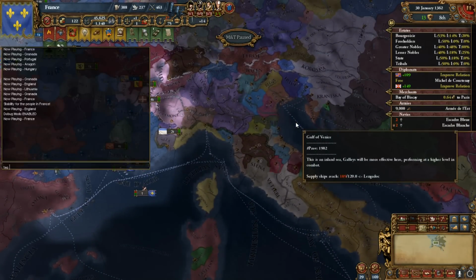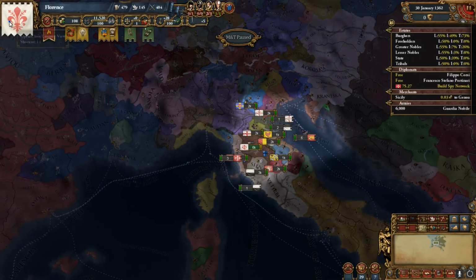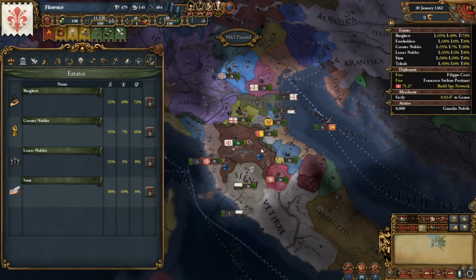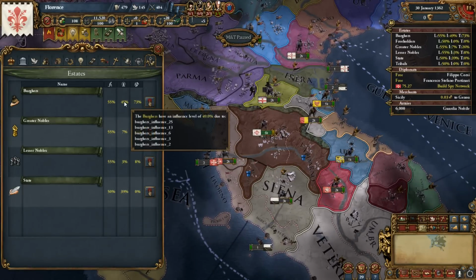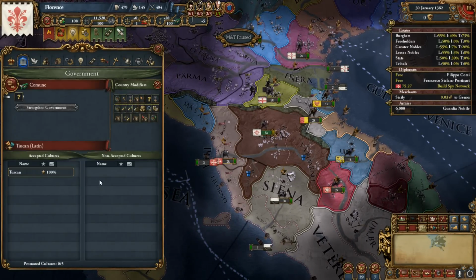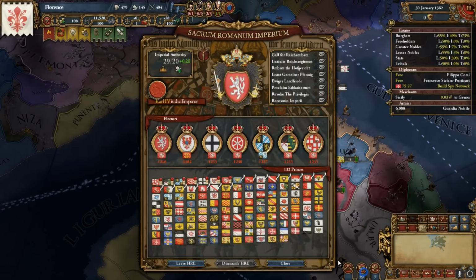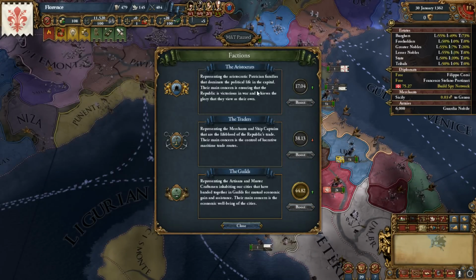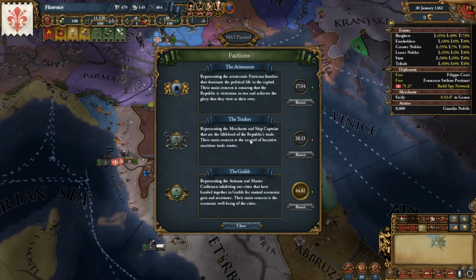And you can see in places like Florence, which is a merchant republic, you can see the burghers pretty much dominate the entire country, and there's a factional system. Whoops, that is not the factional system. There's a factional system too, in which